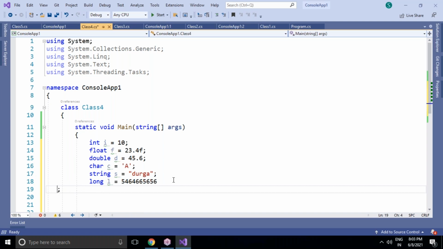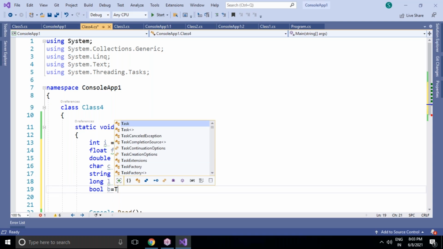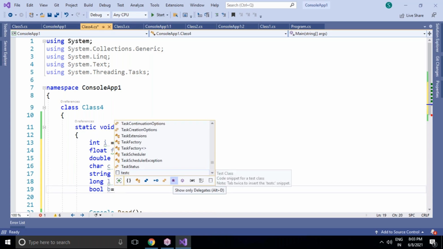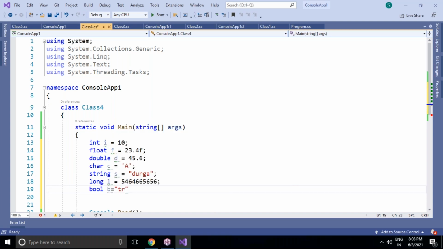So these are the basic data types. And bool is also there: bool b equals true. I'm taking true.